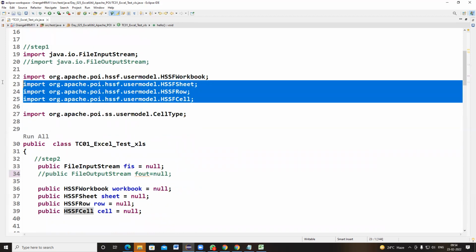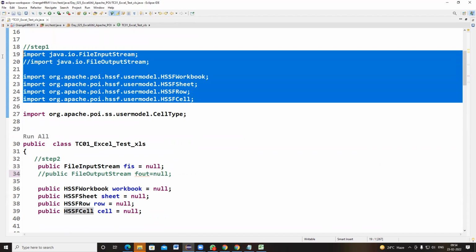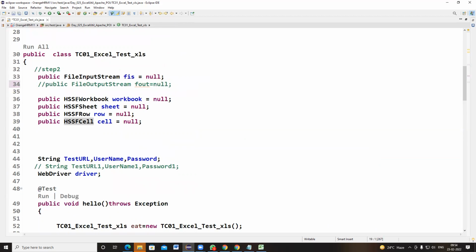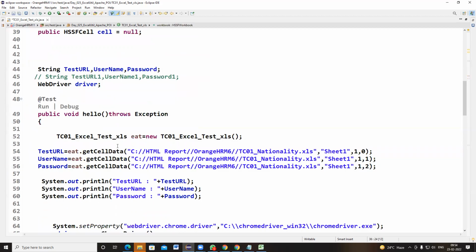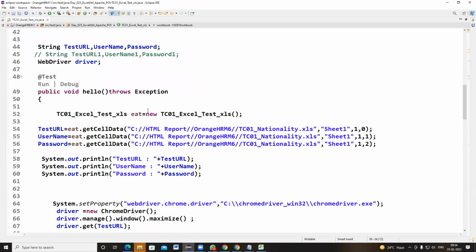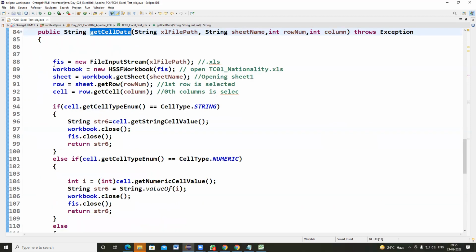So these are the supporting class files I have imported, and I have created objects for everything. If the extension of the Excel file is .xls, with sheet 1, row 0 and the getCellData lines of code, everything is the same. See here I'm connecting to .xls, opening the workbook, connecting to sheet 1, first row got selected and 0th column selected.